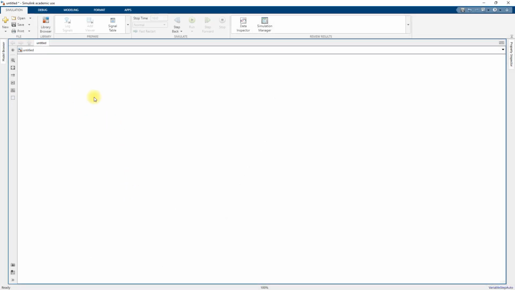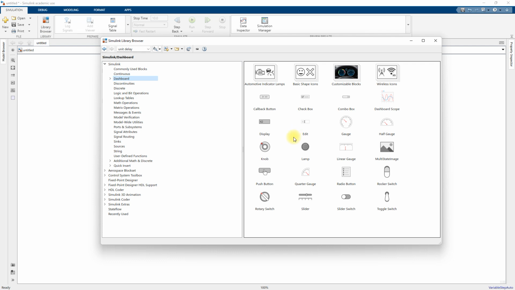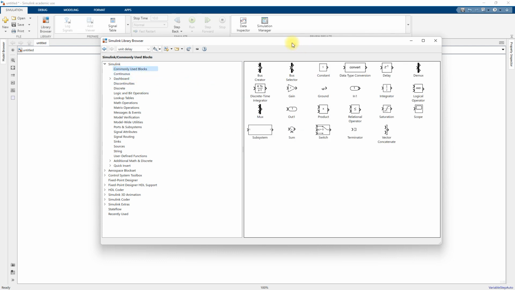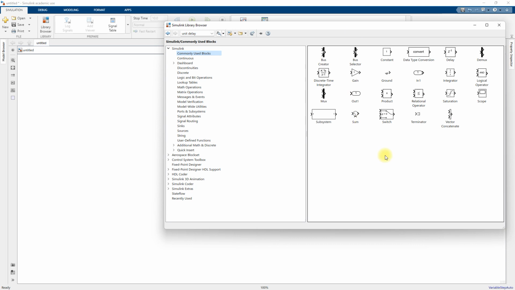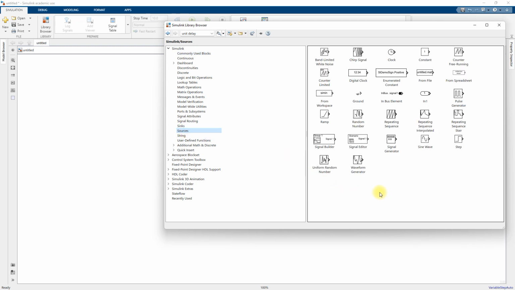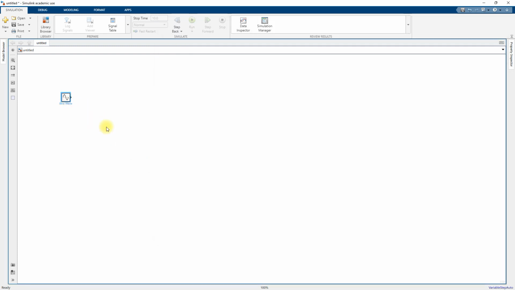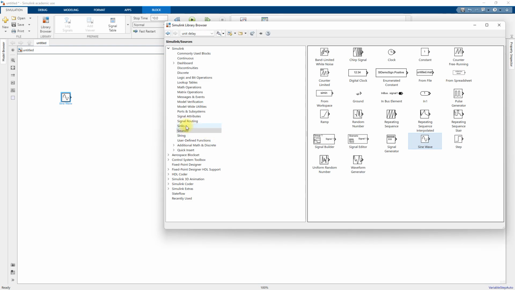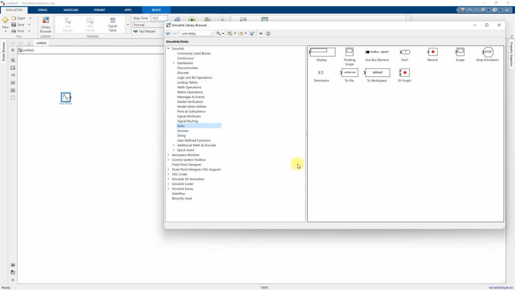So to start with, let's go back to the library and let's go back to the commonly used blocks. For the very basic model, I'm going to go to sources. I want to generate a signal. So I want to generate a sine wave. I'm going to find the sine wave block, click on it, drag and drop it on my canvas,